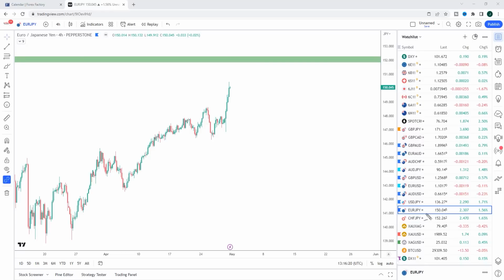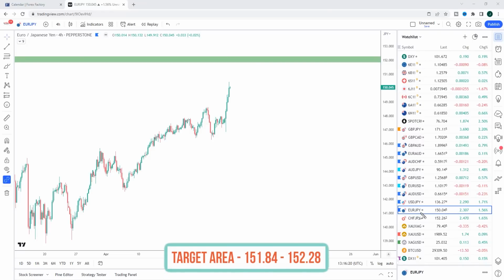And the final pairs we're going to look at here are yen short plays going into next week. So they're not as good as some of the other ones we looked at because we do have the interest rate decision on Thursday out of the ECB, and the Swiss franc is potentially peaking. But these are markets you can also look at. So any pullback before Thursday, I would be looking at this for bullish opportunities into the 152 area.